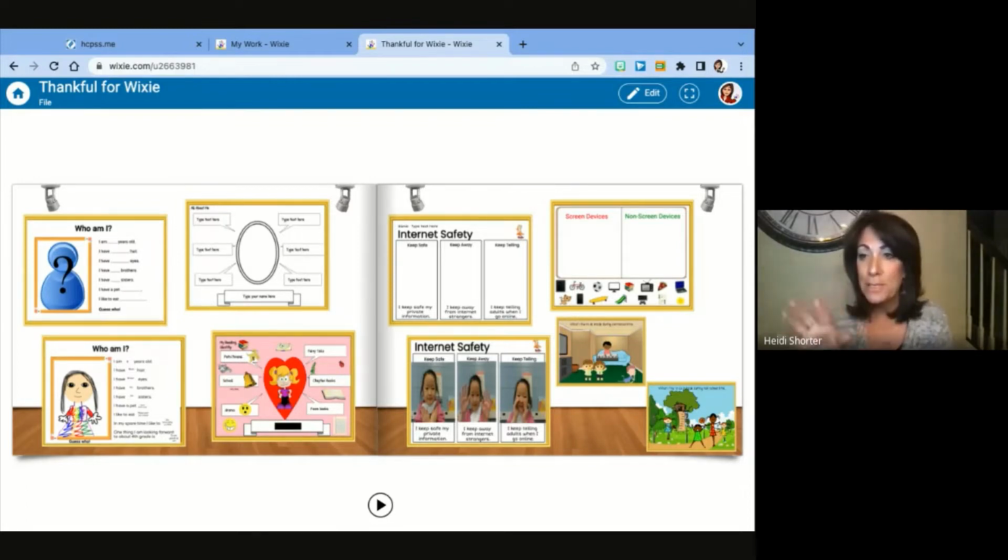Anyway, the templates on the left are templates that I pulled straight out of Wixie and just showcased how we've used them at my school. The first one is the Who Am I template, and it's something we like to start out with our intermediate students. I tell the students I don't want them to use the camera, I want them to take a picture. We did add a couple of other categories in the Who Am I that we used at school.